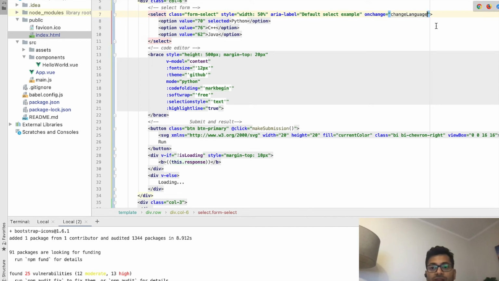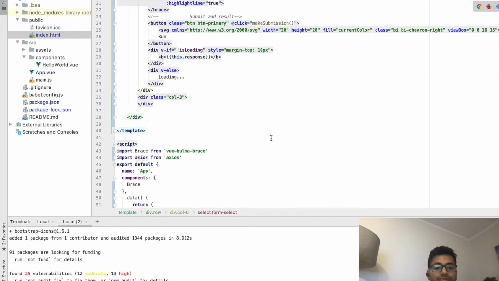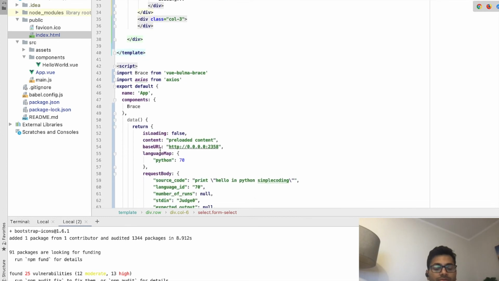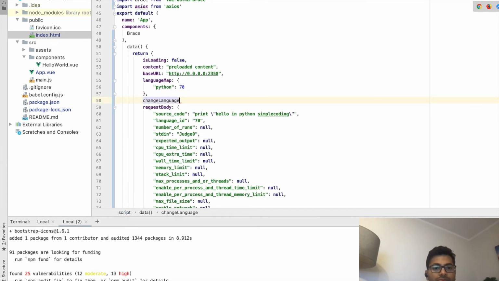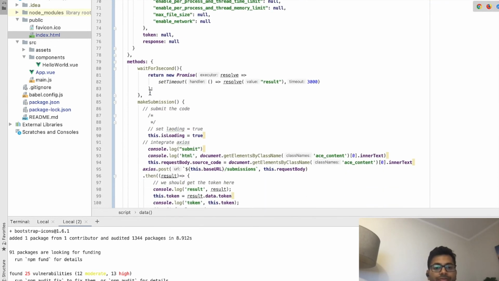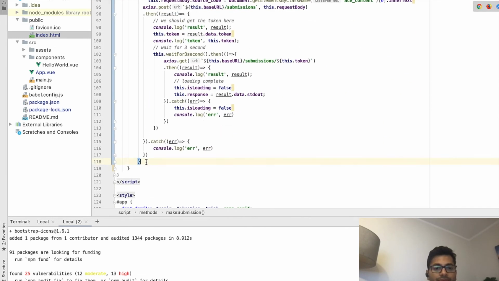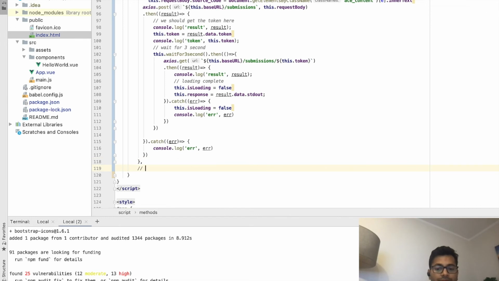So let's make this function on selecting a different language,